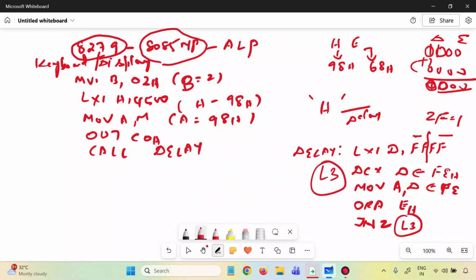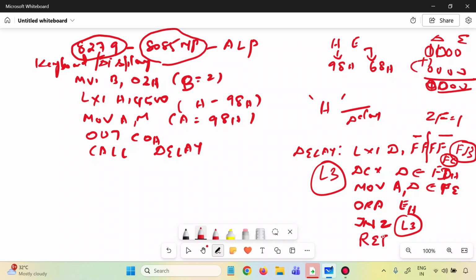So the next decrement comes, it becomes FD. Again, it's not equal to 0. Again, it becomes FC. Again, it becomes FB. Like that, it keeps on going, till at one point it comes to 0, 0. Then only the zero flag will be set. So FF to 0, 0 count is generated.